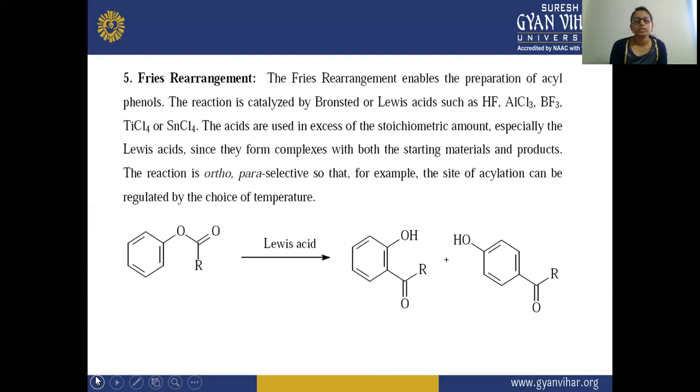You can see here this O is removed. After that, this COR. So here a ketone molecule is formed, just like the third reaction we have done. In the third reaction also a ketone product is formed. Here also there is a formation of a ketone molecule.